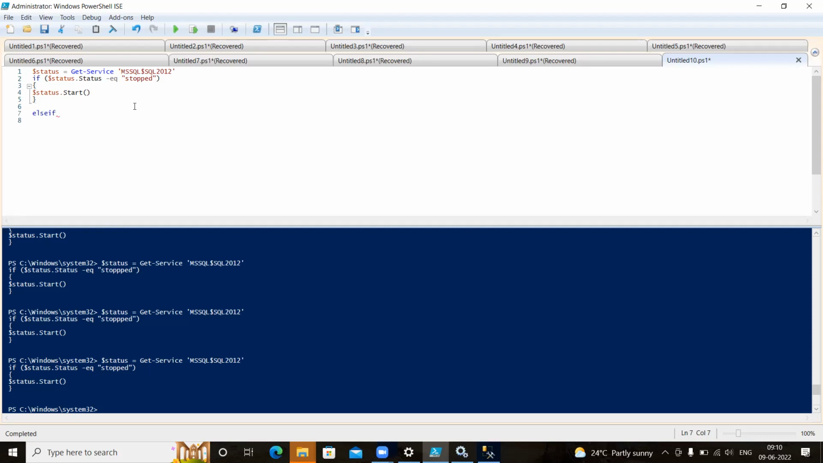Yes, else if, and you can write else if also. You have to provide this, and you have to write. In a later class, I am going to give you all the syntax, how you can declare this. Got it? So I will write here dollar dot status